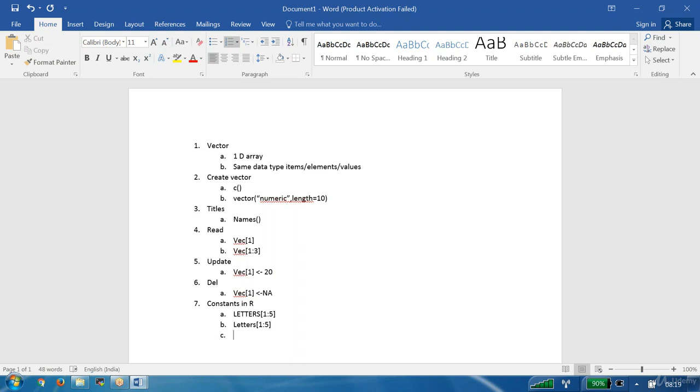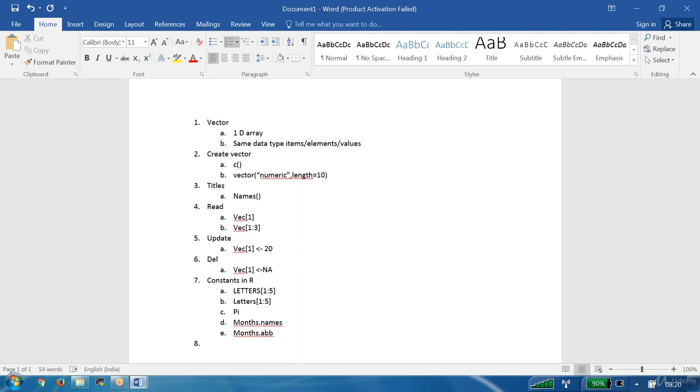Next we have the standard mathematical value pi. And we have month.name, which gives the full name of the month, January to December, and month.abb, the abbreviations, Jan, Feb, Mar, like that. So this is what we learned yesterday.